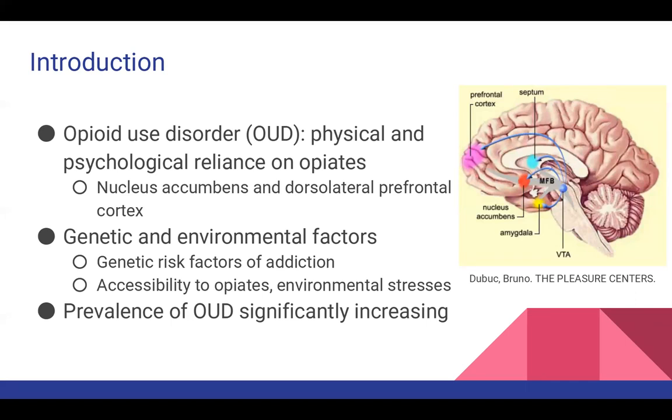There are both genetic risk factors that can make someone more susceptible to addiction in the first place, as well as environmental factors such as accessibility to opiates and other stressful environmental situations that push people to resort to opiate use. The prevalence of OUD has significantly increased since the early 2000s, and there is currently an OUD epidemic